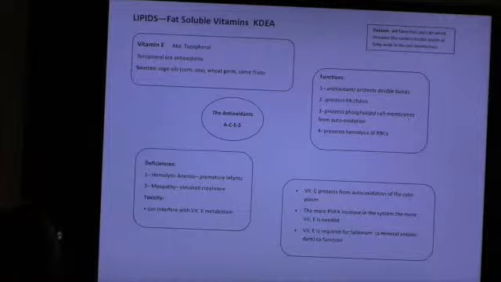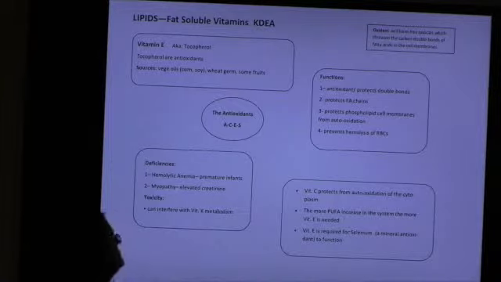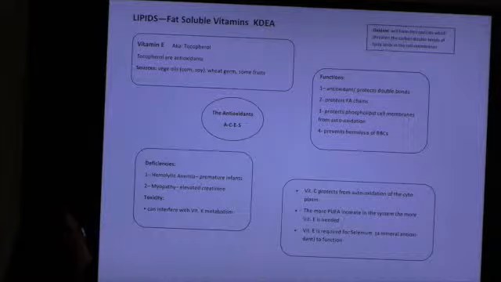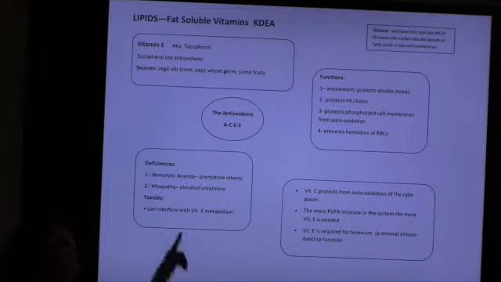Okay, let's talk about what an antioxidant is. Remember, an oxidant is a free radical that threatens carbon double bonds, okay? In a fatty acid, that's what an oxidant does. So if something is an antioxidant, it's going to protect those double bonds of those fatty acids. And that's at the top of the page.